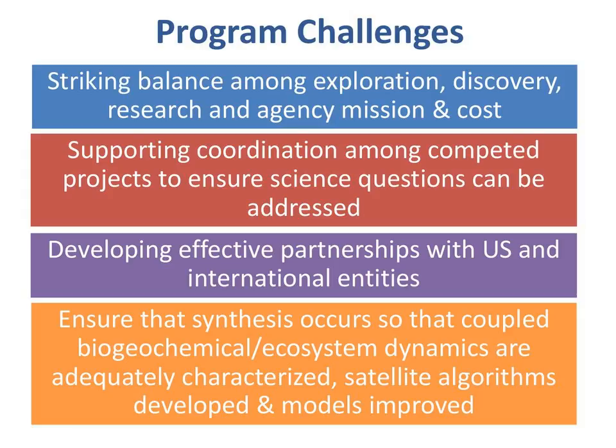Because every role in EXPORTS will be competed, we have to coordinate all the different projects that will be selected and ensure that the science questions are actually answered. This has to be done in balance with the international partnerships that we want to promote. As I mentioned, there's a lot of interest from the international community in this campaign. Lastly, we have to ensure that the synthesis occurs. I don't want to say that this is going to go to waste if synthesis does not occur, but I would say a good portion of EXPORTS is not going to be answered unless we go all the way through science question 3. And as I mentioned, synthesis is part of what we call phase 2 of EXPORTS,